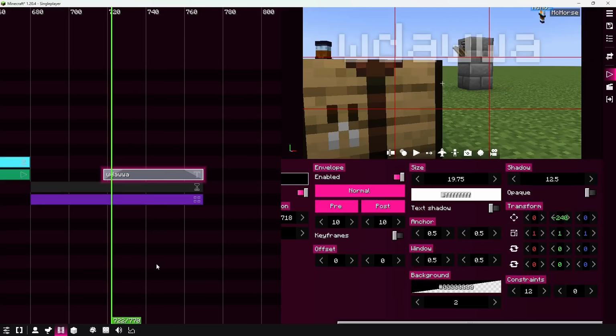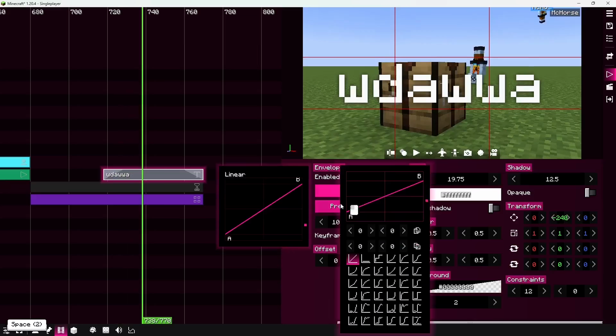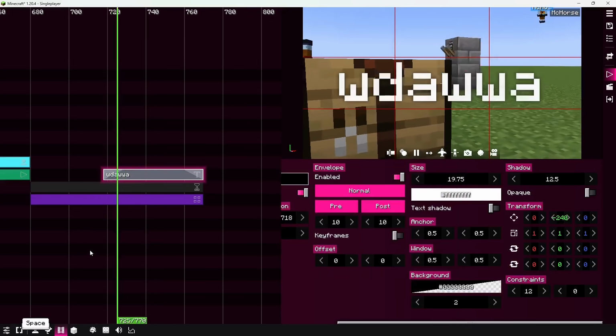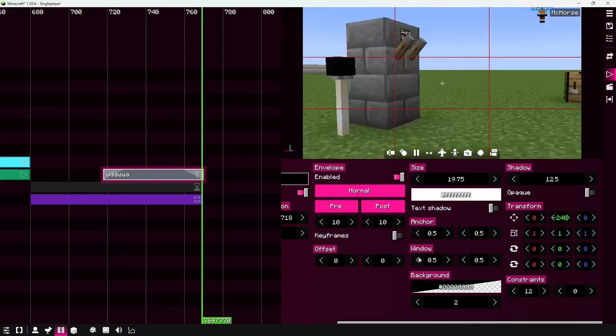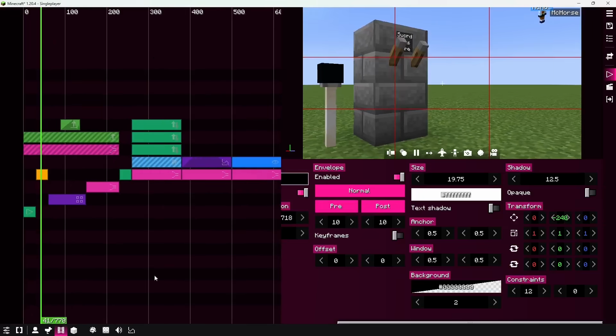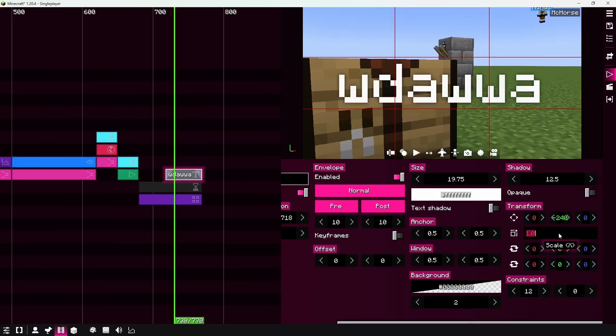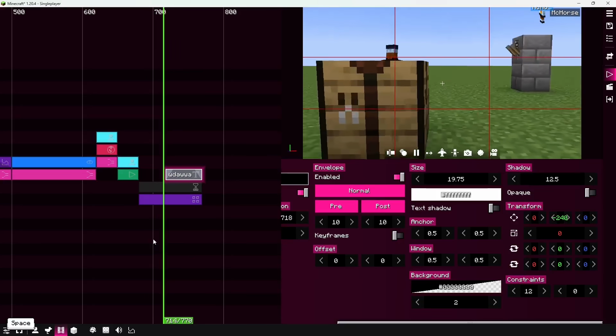So let's say -24, and if I change these interpolations for fade in and fade out, then it also affects, so I could zoom like that,